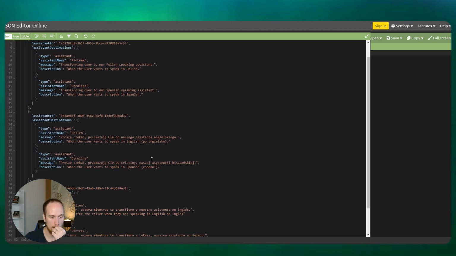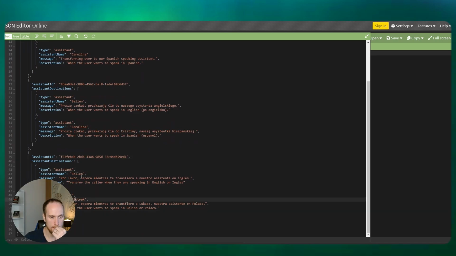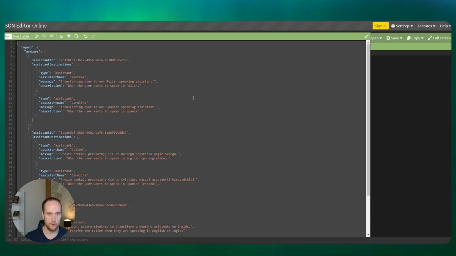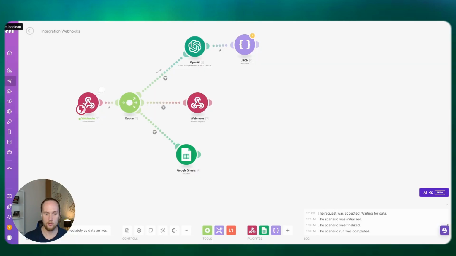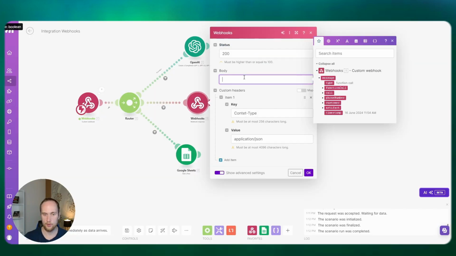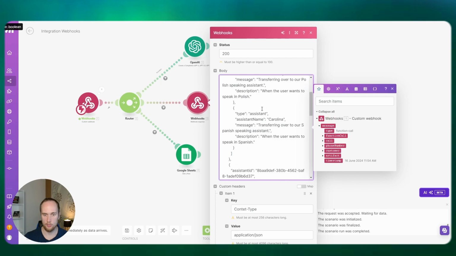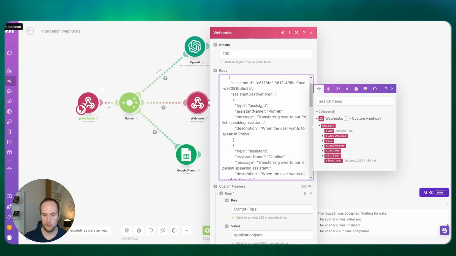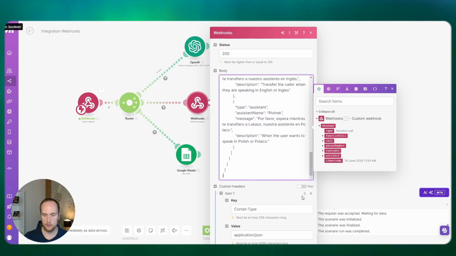All right. I think that's it. So I'll copy that when I go into here. Copy all this into our make.com setup. And let's see if that works.